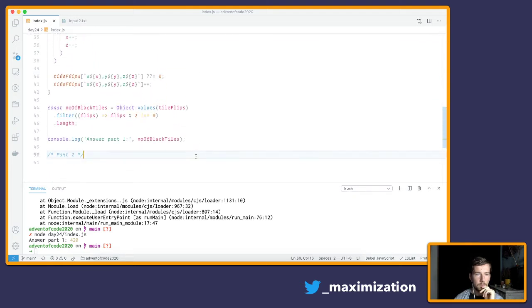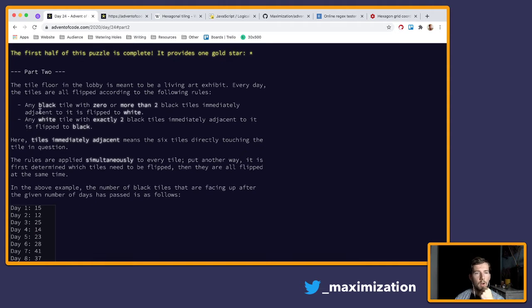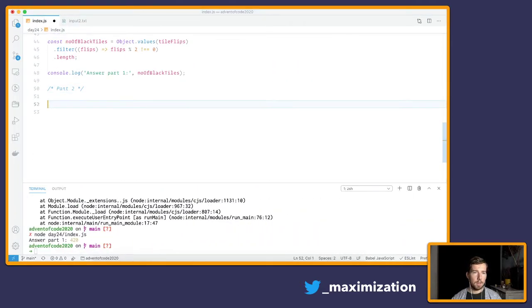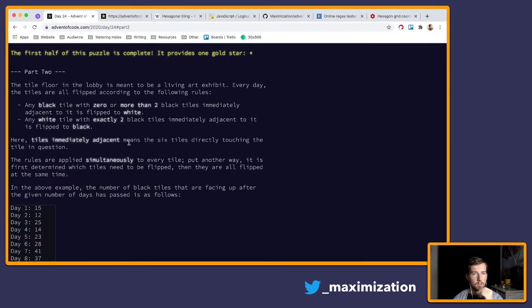And we need to go through all our tiles and figure out whether they should be flipped or not according to these two rules, and we're going to do that 100 times. So we're going to have a while loop in here. Let day be 1. I'm going to start with day 1, while day is smaller or equal than 100, we're going to do this 100 days, and at the end we're going to increment day. We're going to go to the next day. So 100 days we're going to need to flip certain tiles,